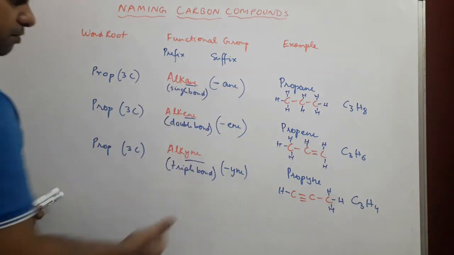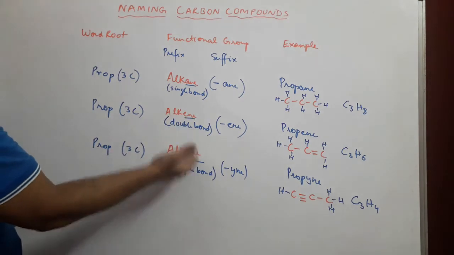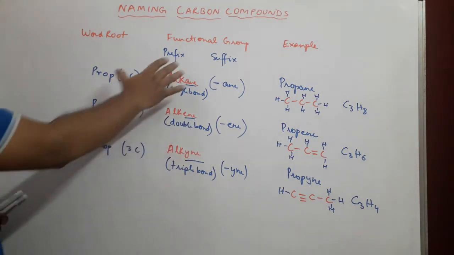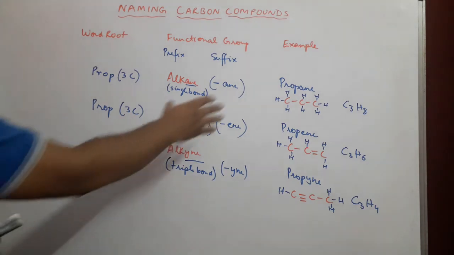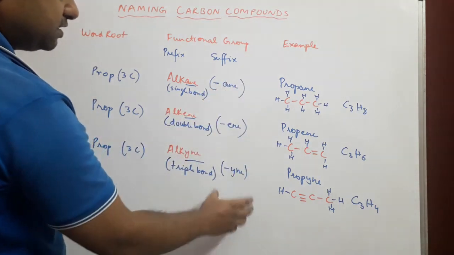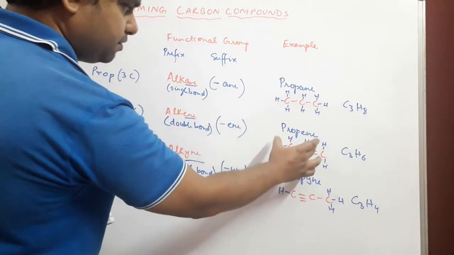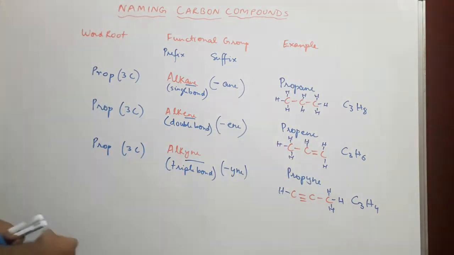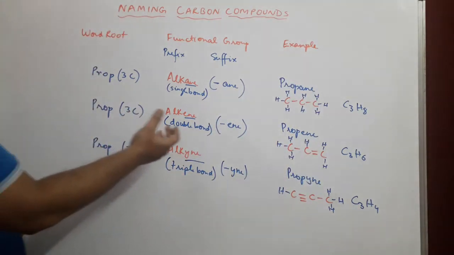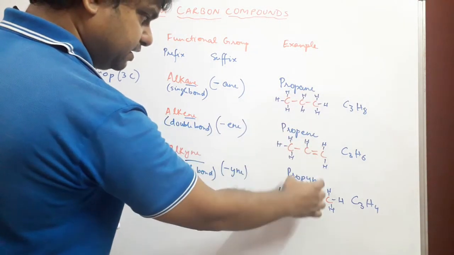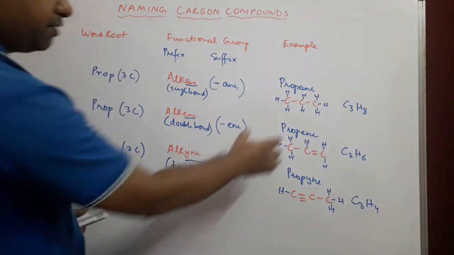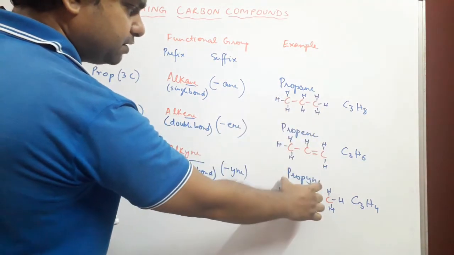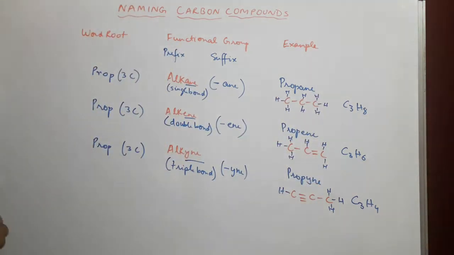Okay. So this is how we have different functional groups based on whether they have got a single bond, double bond or a triple bond. Alkane, alkene, alkyne. These are functional groups based on the number of bonds. Okay, and all of these in this case are suffixes. That means you have propane, propene, propyne. Similarly, if you have 2 carbon atoms, it would have been ethane, ethene, ethyne. Or for 4 carbon atoms, this would have been butane, butene, butyne. Okay, it remains the same.